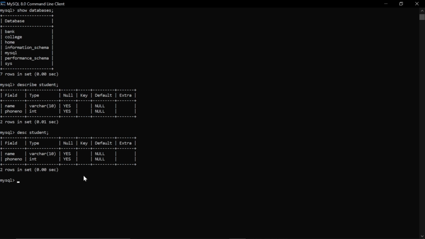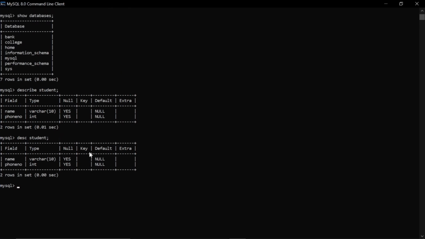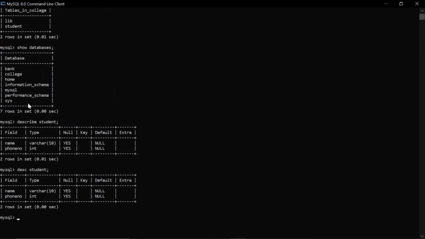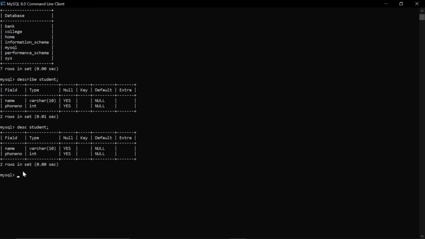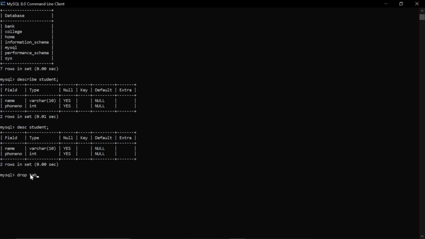Now suppose you have created a table called library and you want to delete that particular table. So here the tables are library and student. Now I want to delete the table named library. For that we will use the drop command. The syntax of deleting a table is drop table and the name of that particular table, that is drop table, and the table name is library, that is lib.